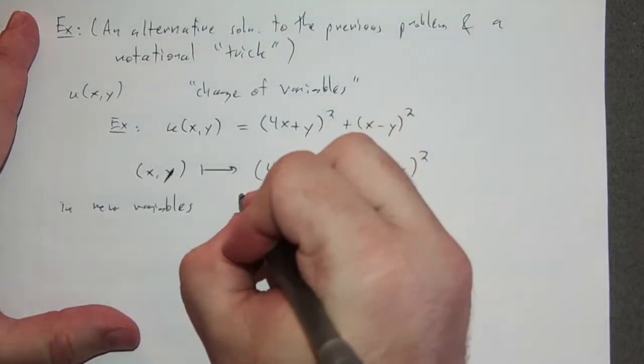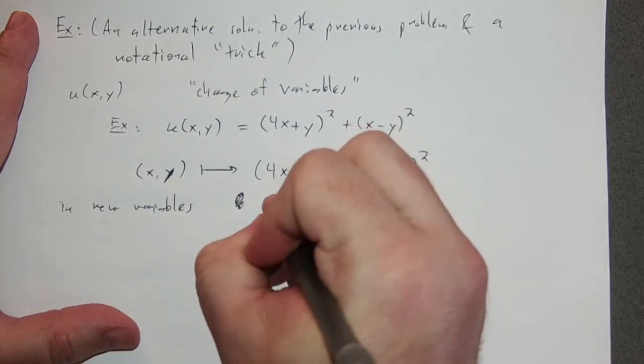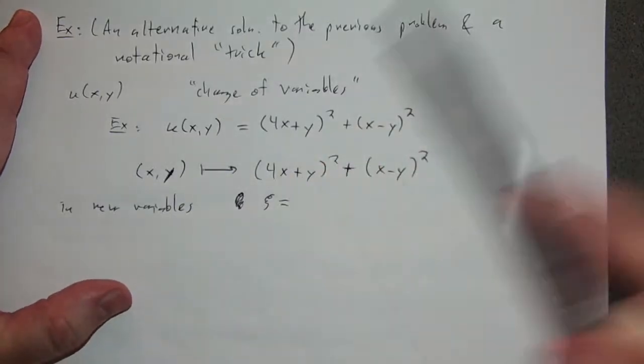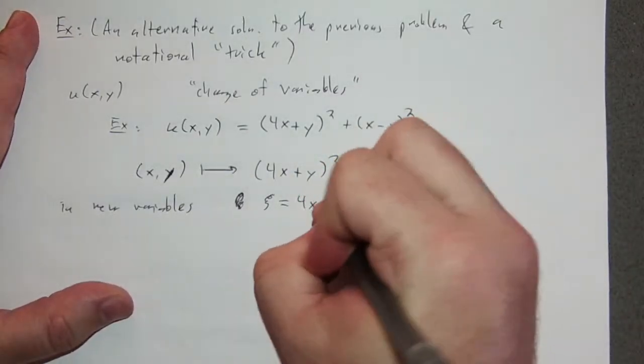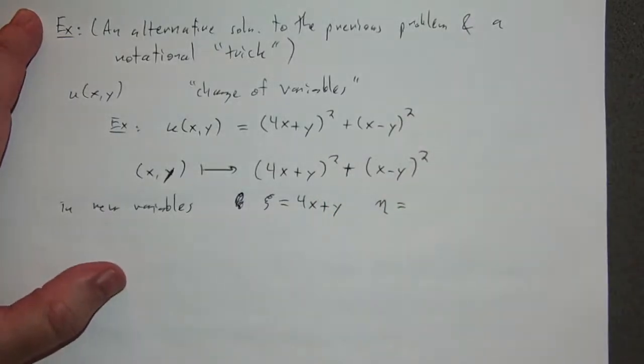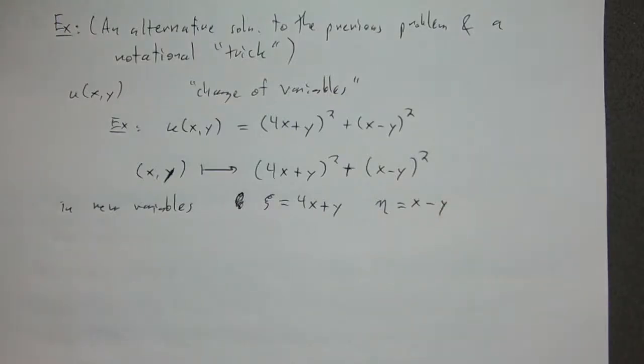Okay, so we'll say here, let me do a better xi. So here's xi. We'll make xi equal to 4x plus y, and we'll make eta equal to x minus y. Okay, so in the new variables xi and eta,